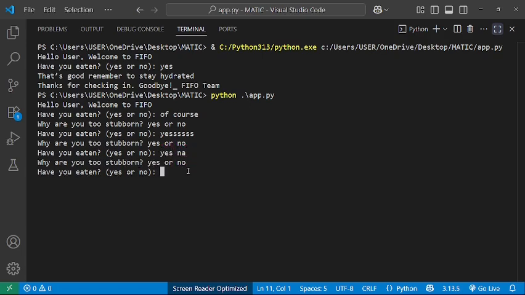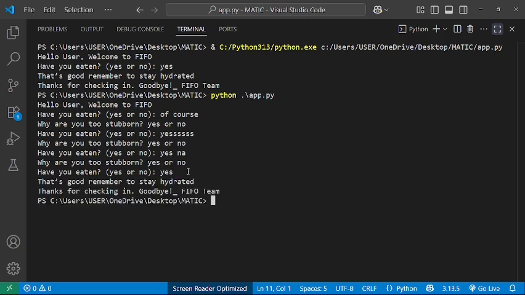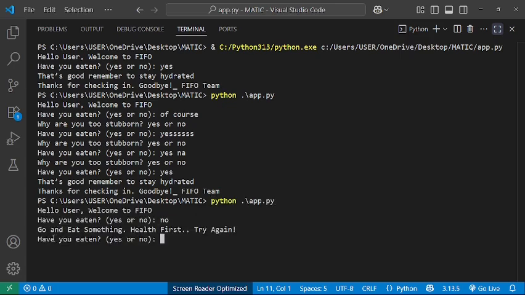Then if you say yes, you break the loop. It's going to break out of the loop and say, "That's good. Remember to stay hydrated. Thanks for checking in. Goodbye." But if we say no, it's going to say, "Go and eat something else first. Try again." Then it immediately asks, "Have you eaten? Yes or no?" And if you still say no, it will tell you the same thing: go and eat something else first. Try again. Have you eaten? Yes or no? Then once you've eaten and you say yes,